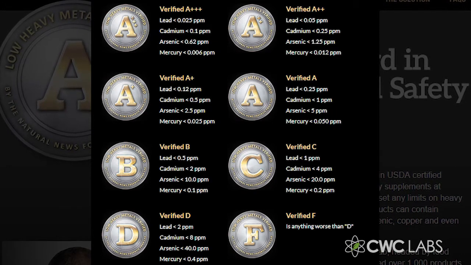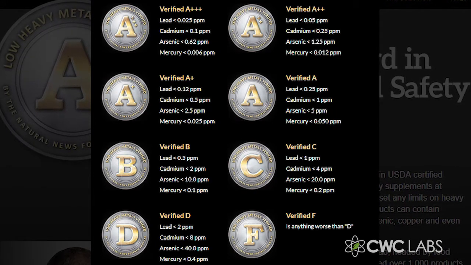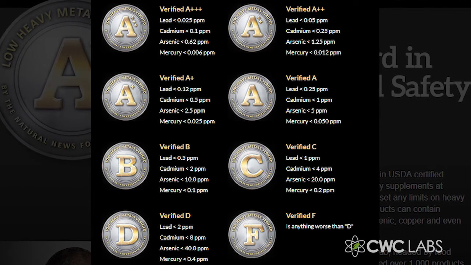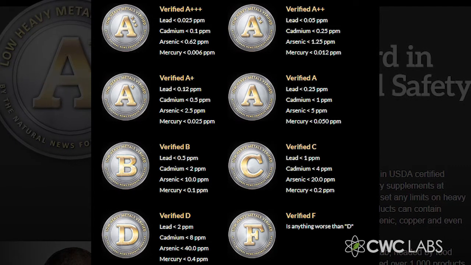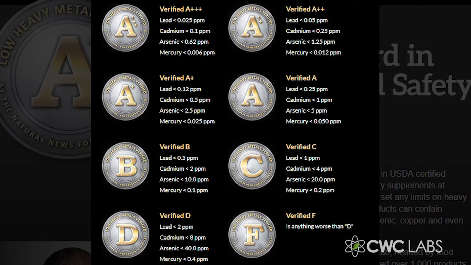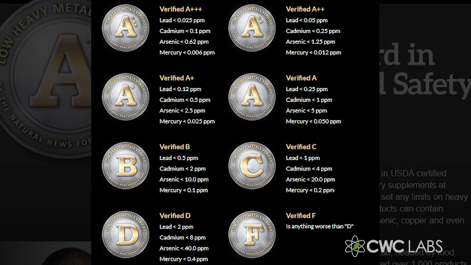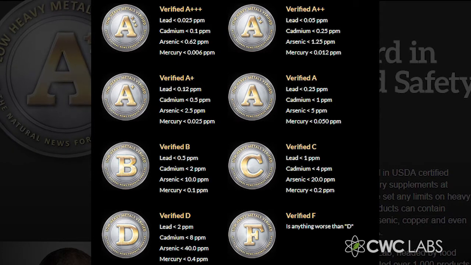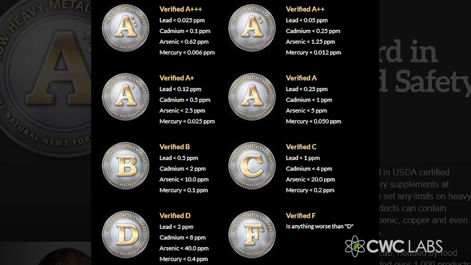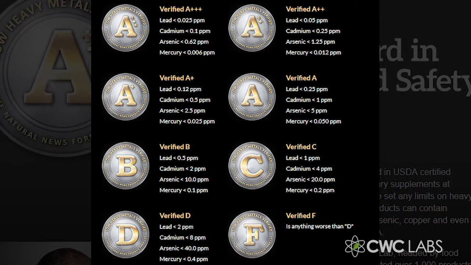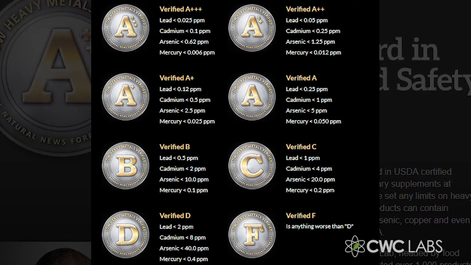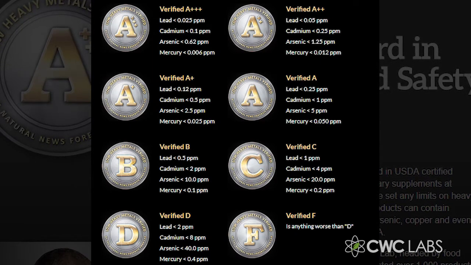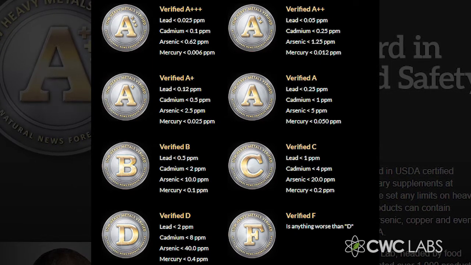verified A+ has a certain level that's allowed, and then verified A++ is better, and A+++ is even better. But then we have levels described for verified B or C or D or F. So the concentrations are laid out here in ppm. So simply take that and multiply by 1,000, or move the decimal point 3 places to the right to get